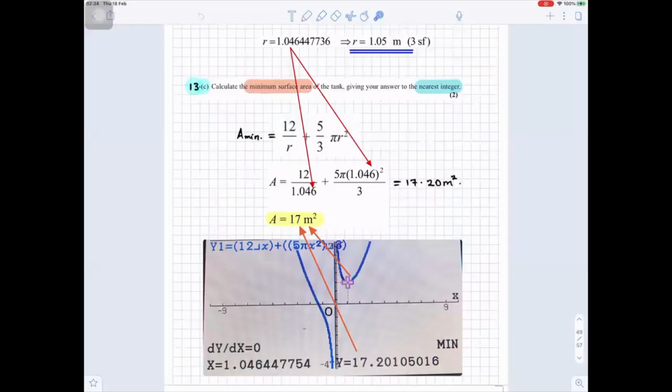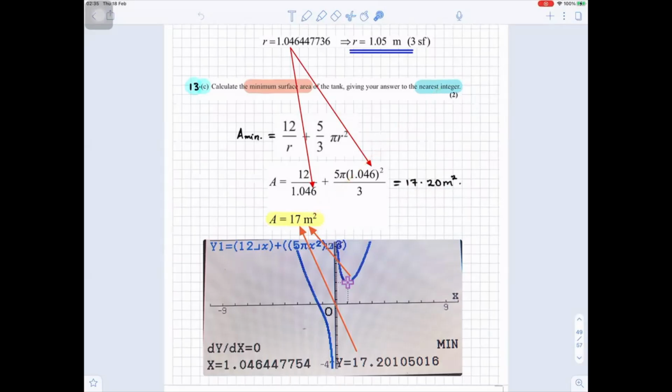For 13C, calculate the minimum surface area of the tank, giving your answer to the nearest integer. So we have the formula for area, A minimum. We had that radius 1.046. We sub in the value for the radius there. Put that in the calculator, you get 17.20, which to the nearest integer gives you